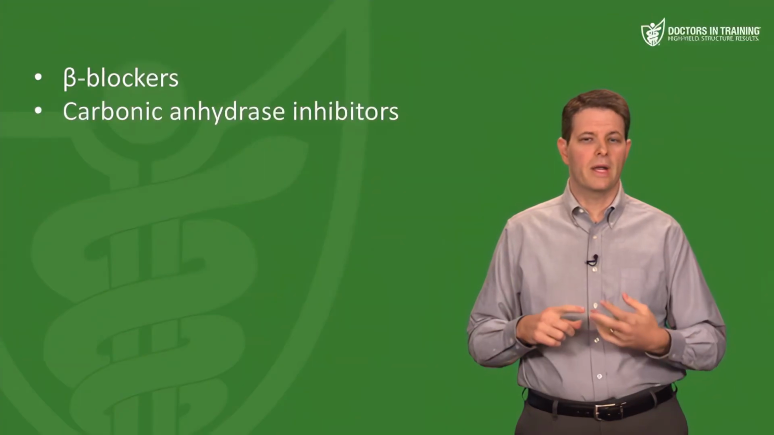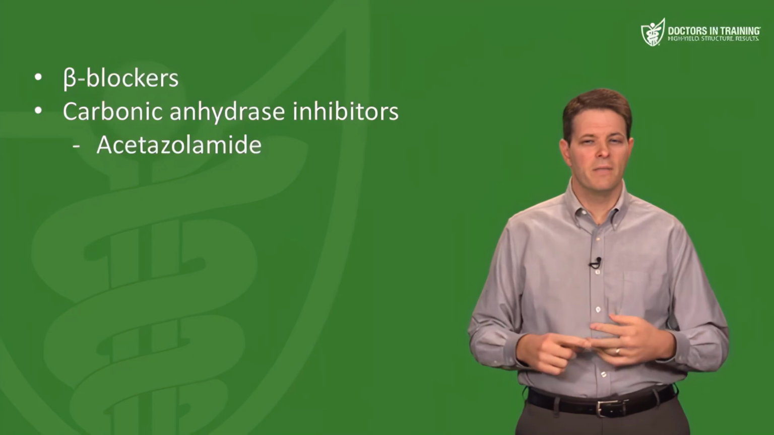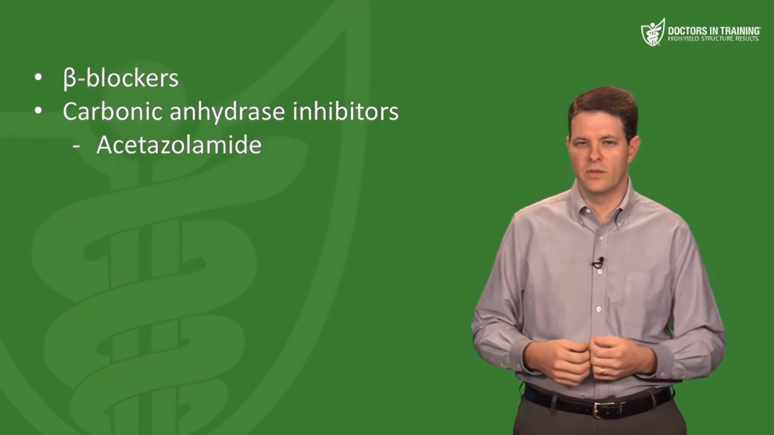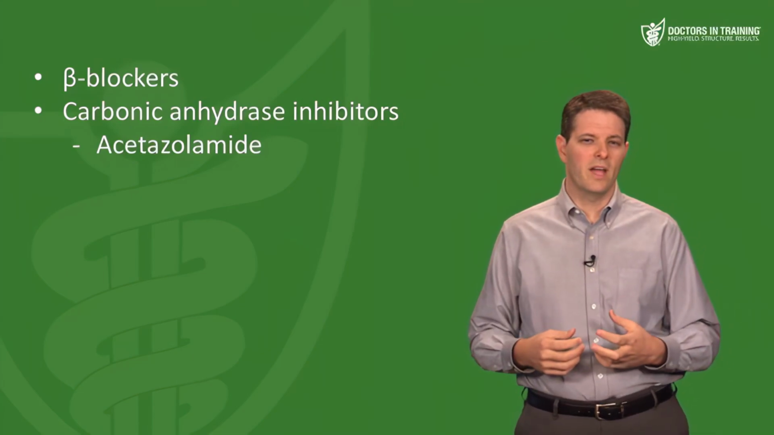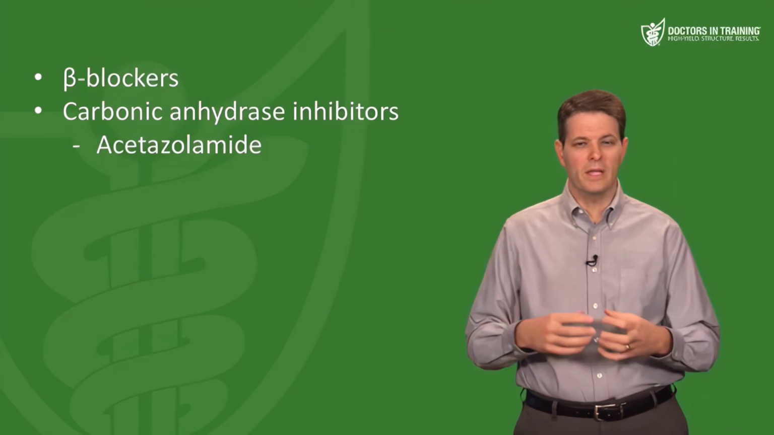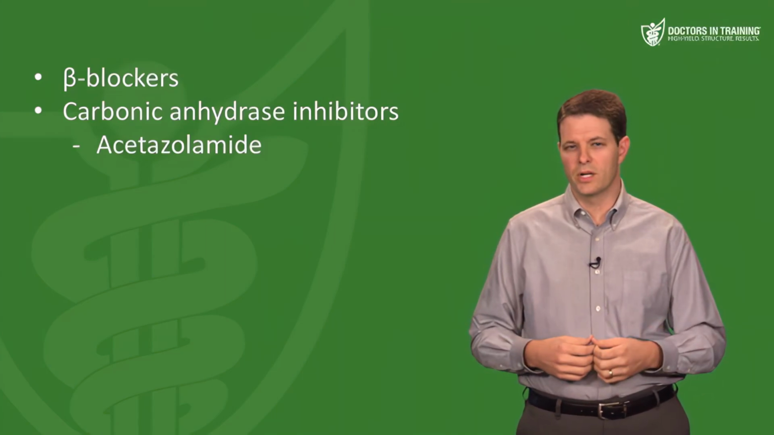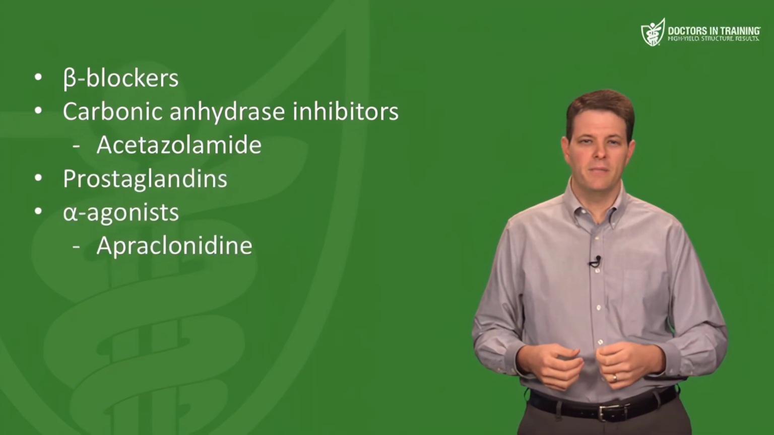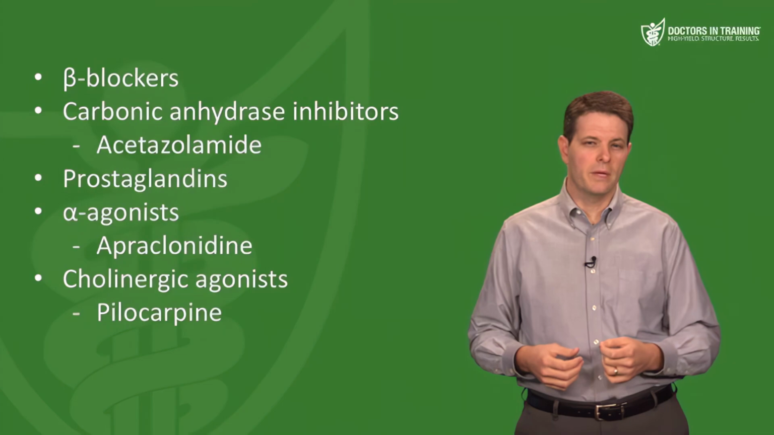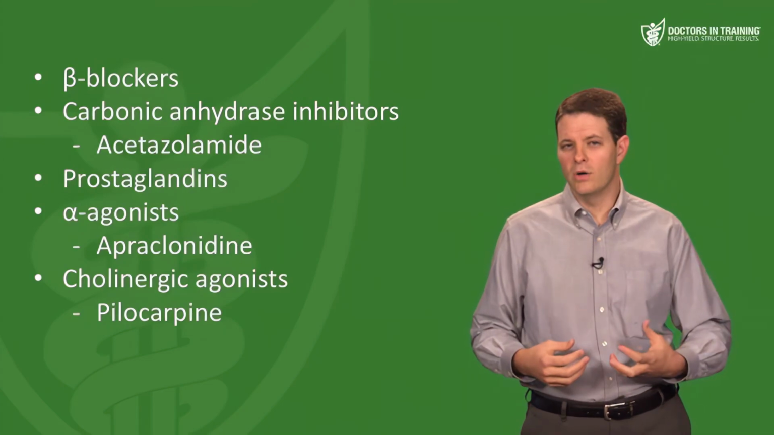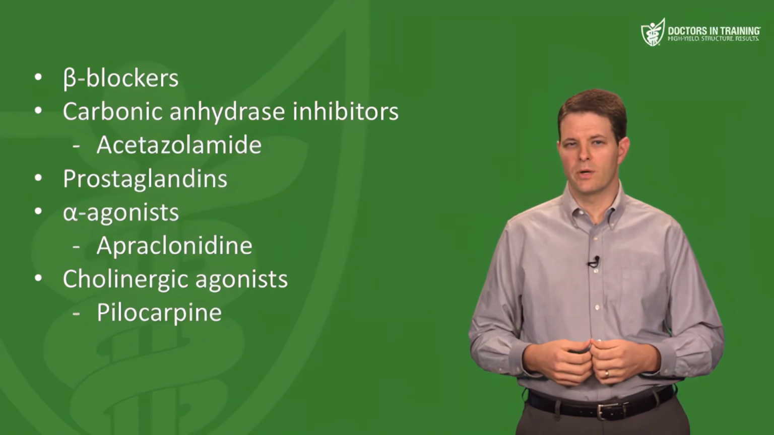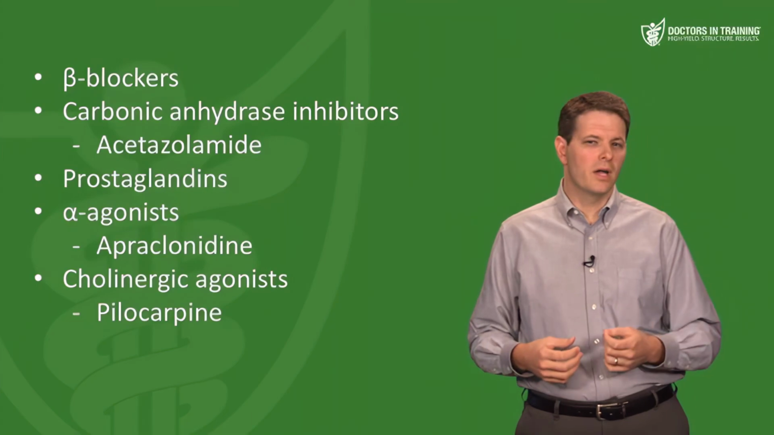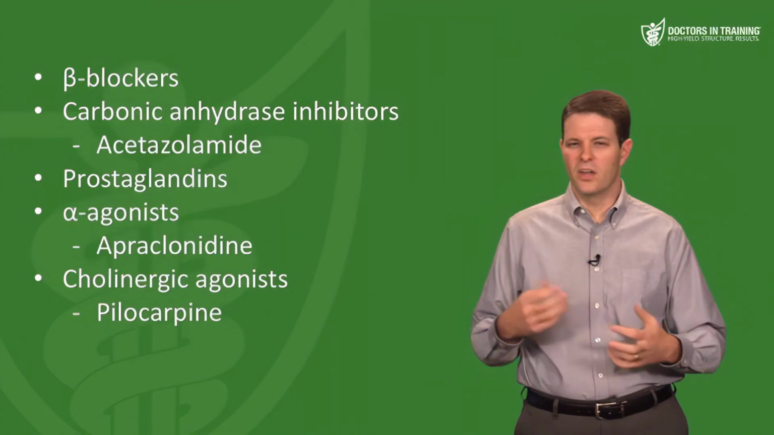Beta blockers and carbonic anhydrase inhibitors like acetazolamide will decrease the production of aqueous humor. The ciliary bodies have a lot of beta adrenergic receptors, and blocking those receptors helps to reduce aqueous production. And then prostaglandins, alpha agonists like apraclonidine, and cholinergic agonists like pilocarpine work by increasing outflow of aqueous humor through the trabecular meshwork. Prostaglandins and beta blocker eye drops are usually first line, and then these other classes of drugs